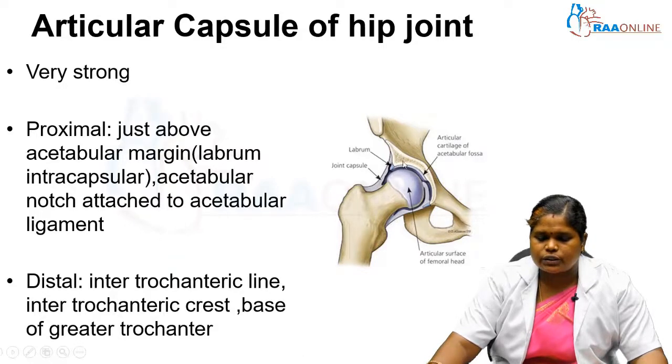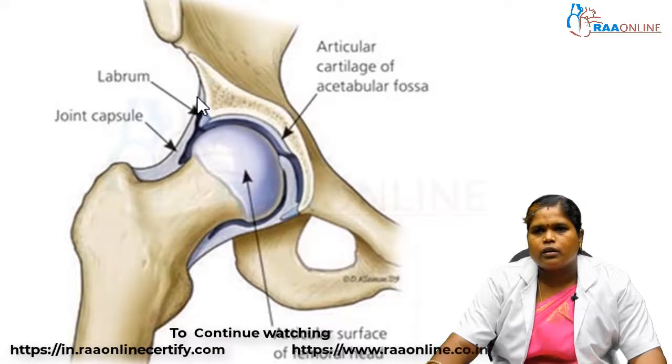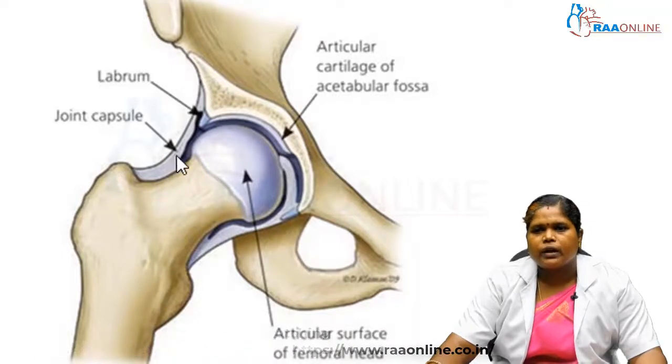This is a section, somewhat a sagittal section of the hip joint. You can see the acetabular labrum here. This capsule is attached above the acetabular labrum to the hip bone, so it makes the acetabular labrum an intracapsular structure. Proximally it is attached all around the acetabular margin, just above the acetabular margin. And below